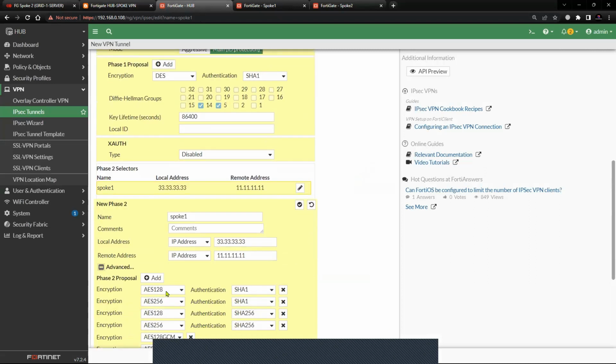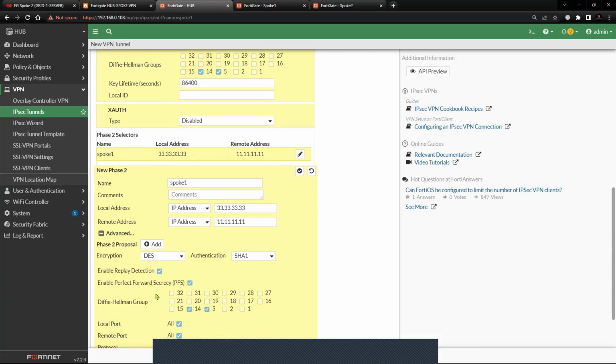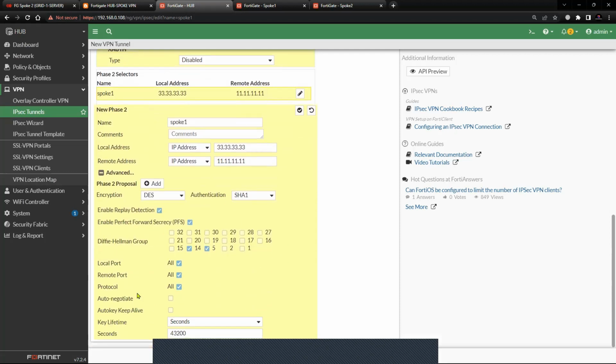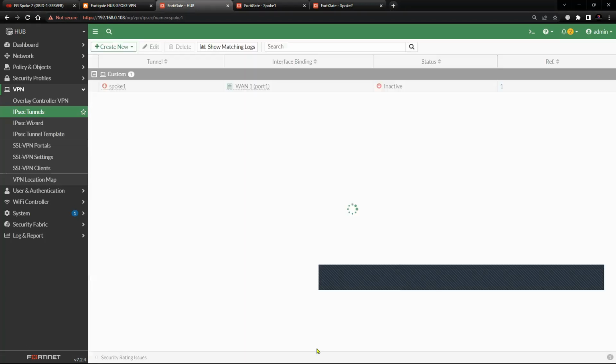And in the advanced settings, let's try to keep it as this SHA-1. And let's keep it as default. Let's try to save this thing. So now we have spoke 1. Now let's try to configure spoke 2,